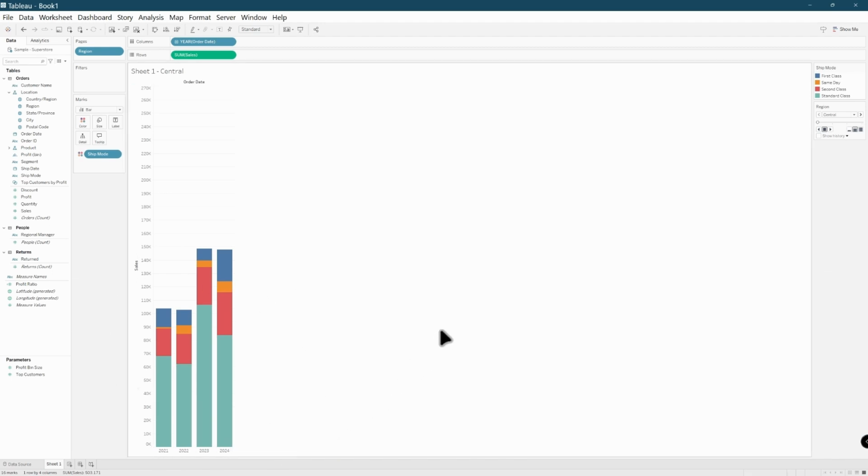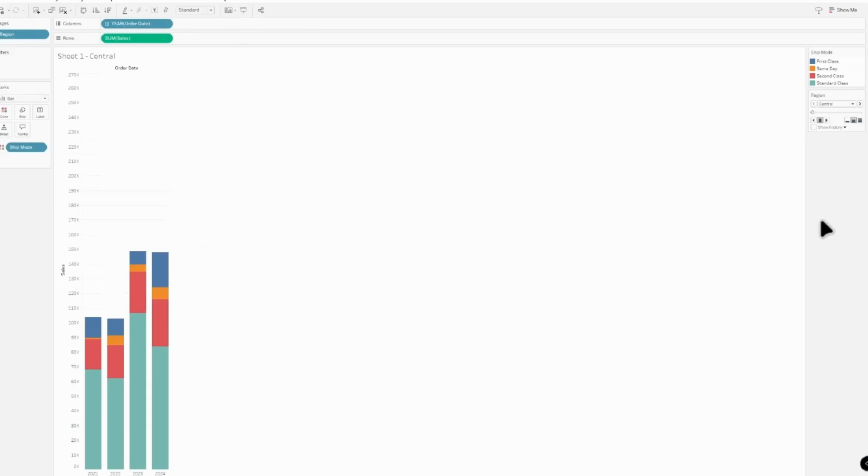If we want to see the different regions, we can go to the right, right under our key, and see that these are all the regions that we have access to. If we hit the drop down, we see that there's east, south, and west as well. We can click any one of these and it will automatically change the view.